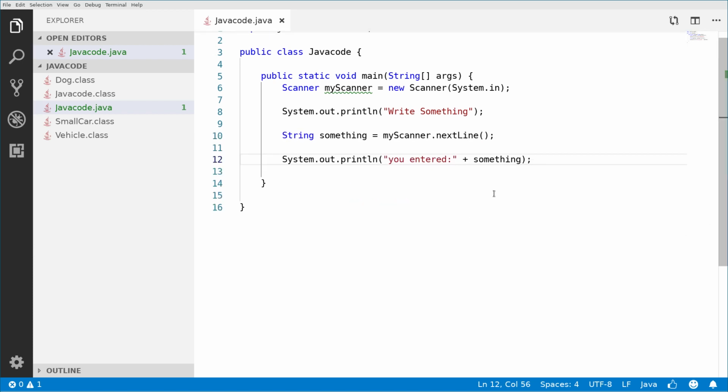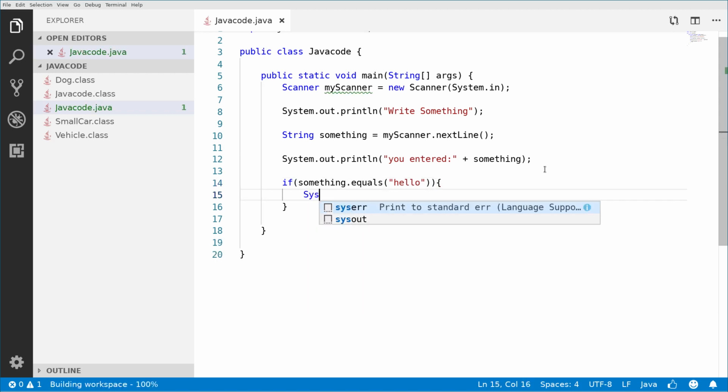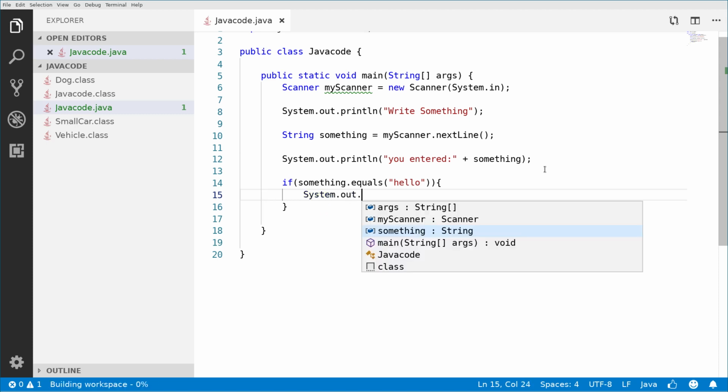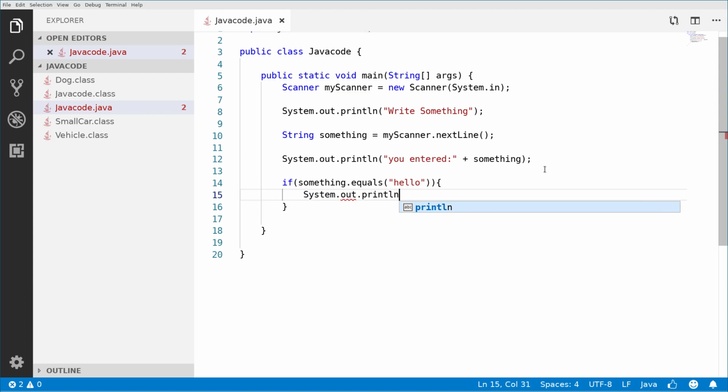We can use this to check something. For example, I would say if something equals, I don't know, maybe "hello", okay, and we will say System.out.println, and if the user enters hello, we will answer "hi, how are you?" Okay,